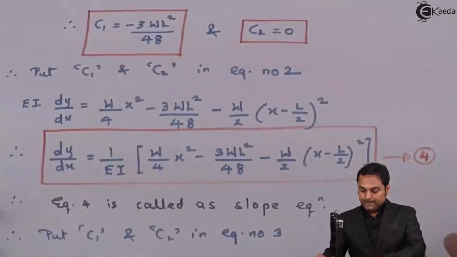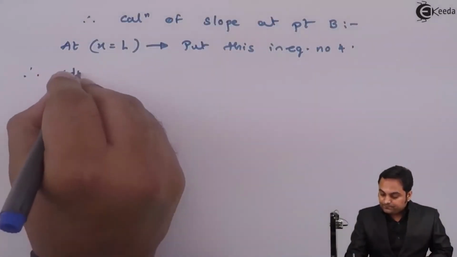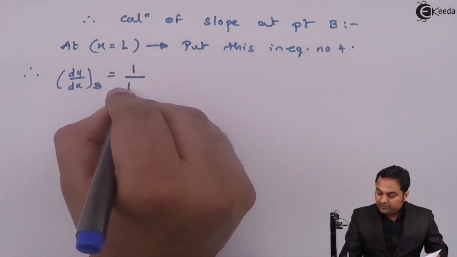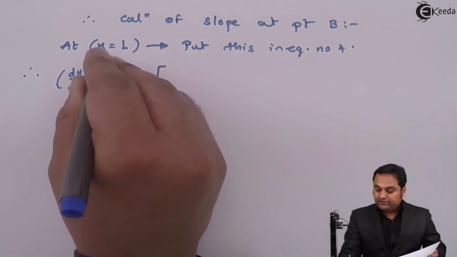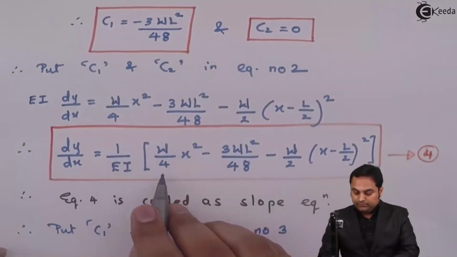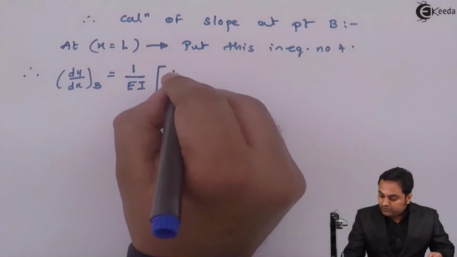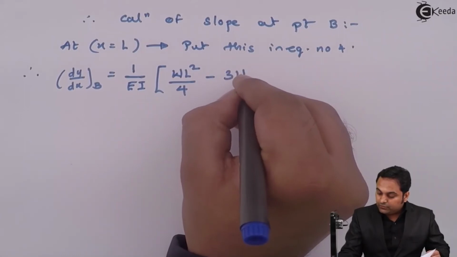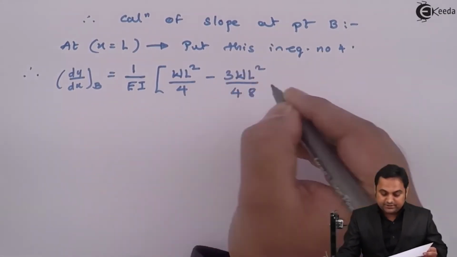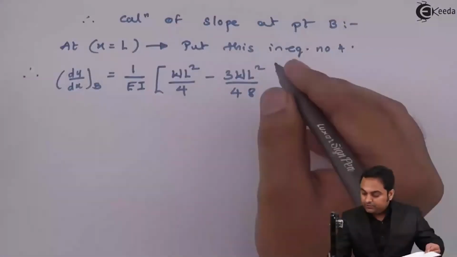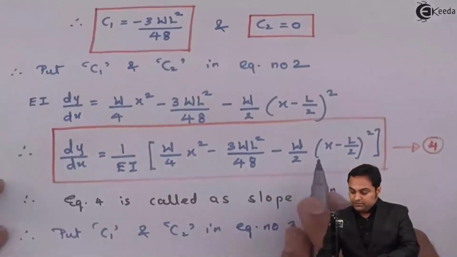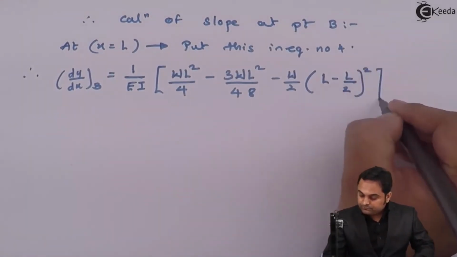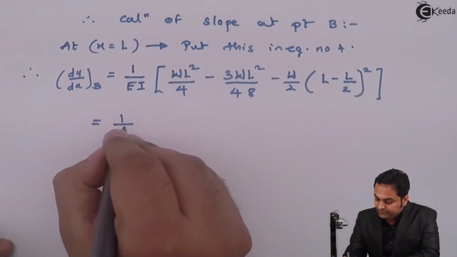Hence in equation 4, dy by dx at B is equal to 1 upon EI will remain as it is. Now instead of x I'll replace it with L, so w by 4 x square will become wL square by 4, minus 3wL square by 48 will remain as it is. Then here we have minus w by 2. Inside the bracket we have x, so it will be replaced by L. So on simplifying,